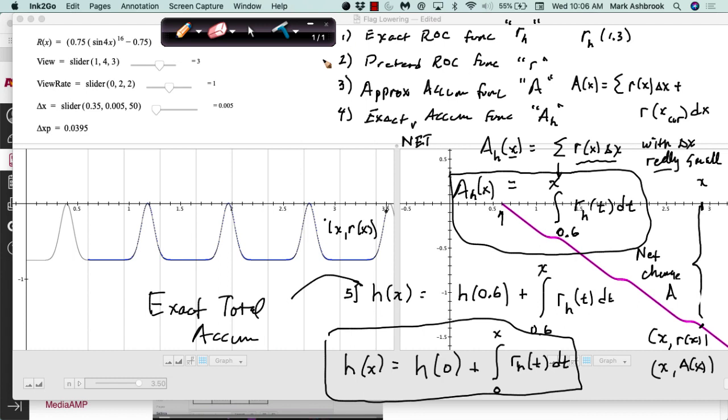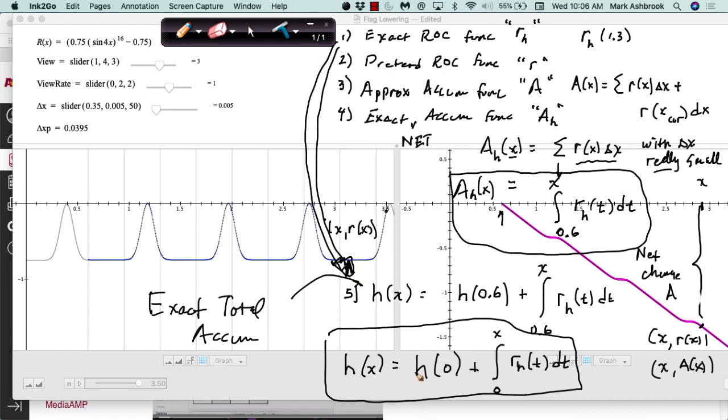You want to know how much of it you have at every moment. Which function is that? You want to know exactly how much height you have at every moment. 5, right? So you know how fast it's changing at every moment, 1. You want to know how much you have at every moment, 5. So this is this journey through these different functions to get from your exact rate to your exact total